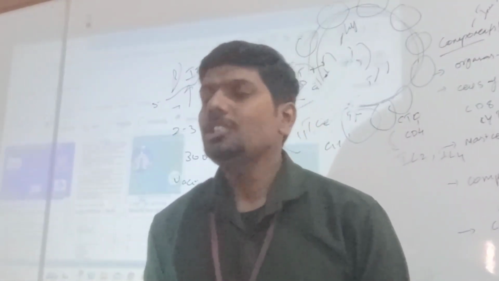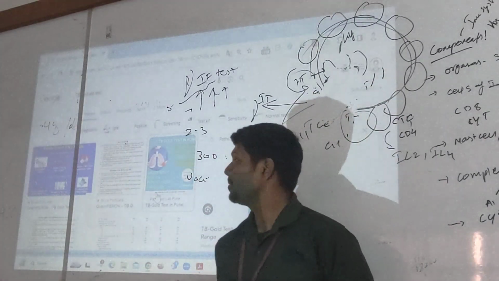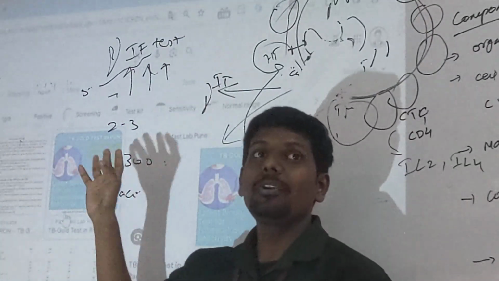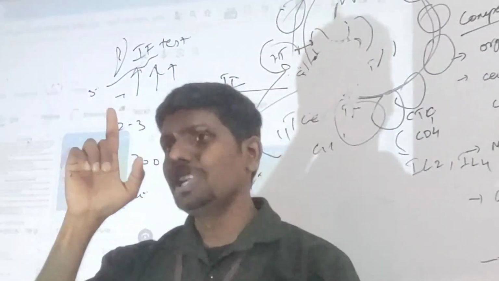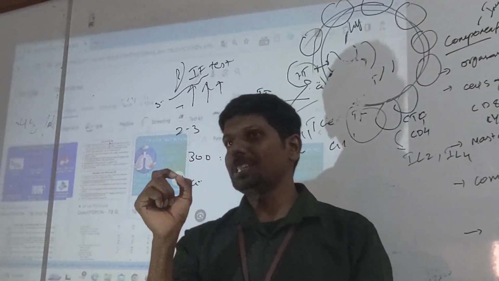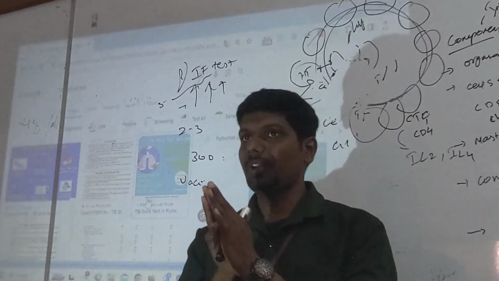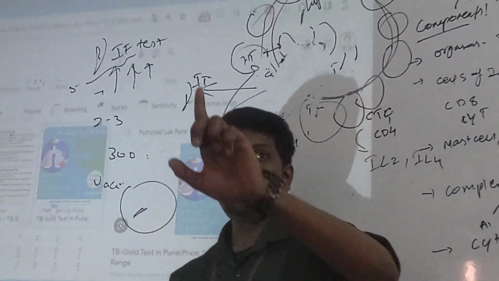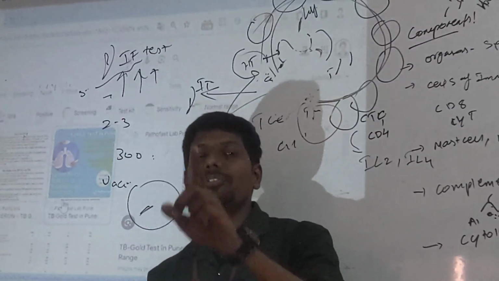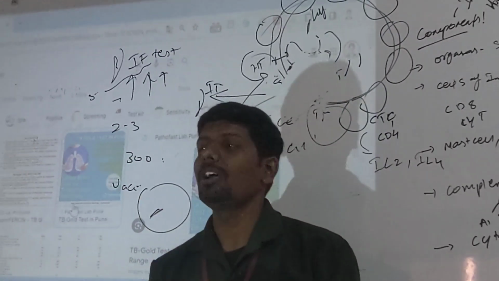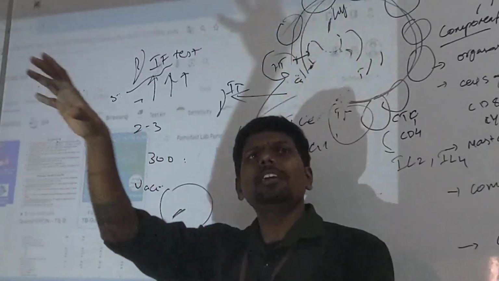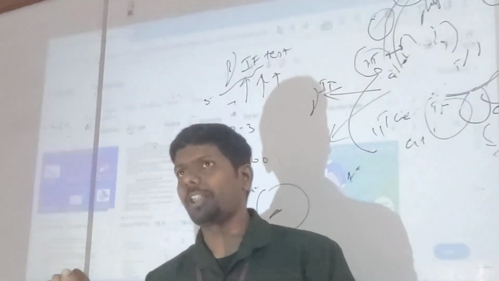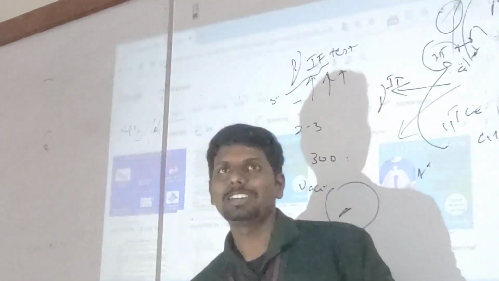In TB, actually, what happens is in systemic TB infection, once the TB gains access, once it breaks the bond complex, it releases into the blood. Now it will start spreading in the body. Now listen students, very interesting. TB will reside inside the macrophage. Am I correct? TB will be alive inside a macrophage. And macrophages have a property. Macrophages are body patrolling cells. What is the meaning of patrolling? They will roam everywhere in the body. Why are they roaming? Because they want to check whether any pathogen has entered or not. If any pathogen has entered, they will capture it.